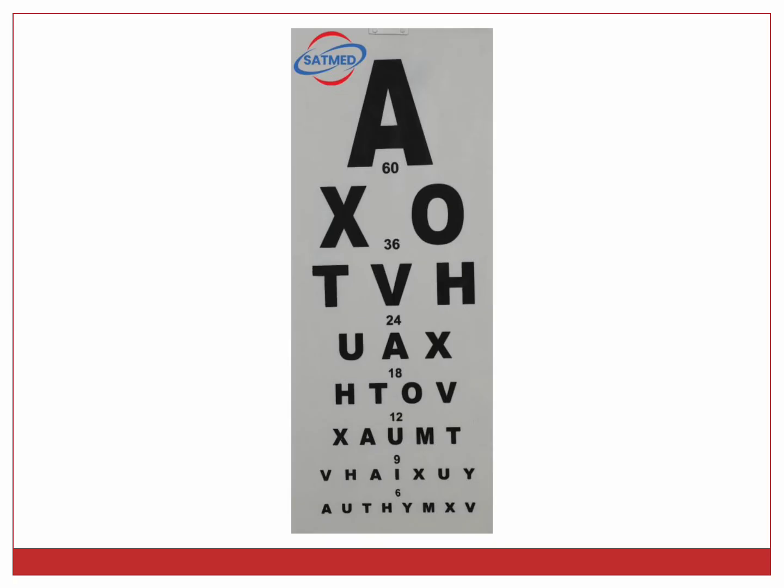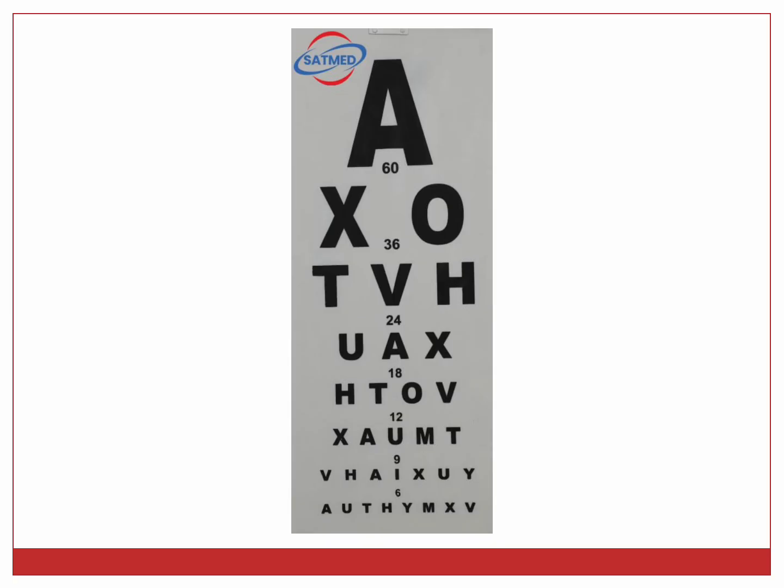But what to do if that person is unable to read the first line only from that 6 meter distance? We will ask him to come nearer to the chart by 1 meter. And now we will tell him to read the first line. If he is able to read the first line from that distance, then his vision will be 5 by 60,